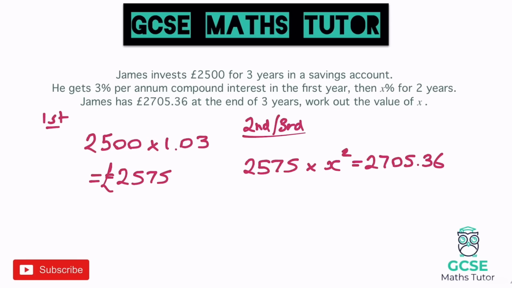Now obviously at this point here we could just guess an x value, and if it's too high go lower, if it's too low go higher, and that's a fine way of doing it as well, but you can save yourself a bit of time here just guessing lots of numbers by actually just rearranging this. So we can divide both sides by 2575 and it will give us the value of x squared. So x squared is going to equal, and again let's just do this on the calculator, 2705.36 divided by that gives us this answer here,